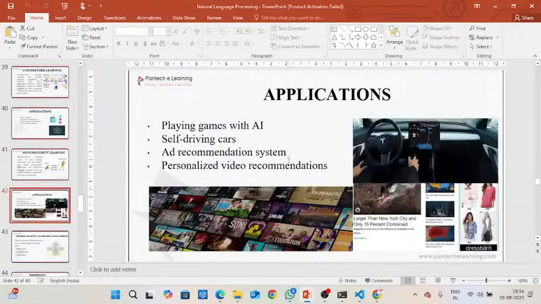These are some applications of AI. Nowadays we are using AI in different fields like playing games, PUBG. These are all one type of AI only. Self-driving cars, AR VR gaming, and ad recommendation. The major part is ad recommendation, then YouTube recommendation and Instagram recommendation. These all happen because of AI only. Everything happens within a fraction of a second, so they are using good processors, TPU and GPU processors.